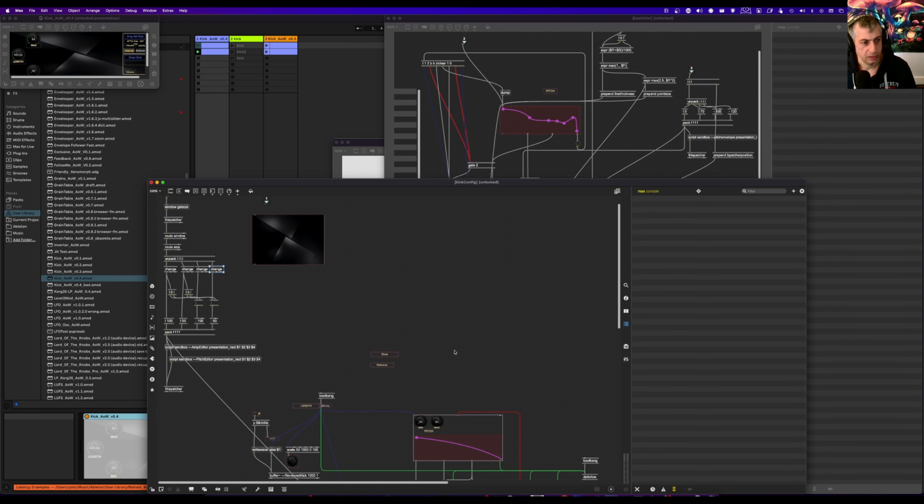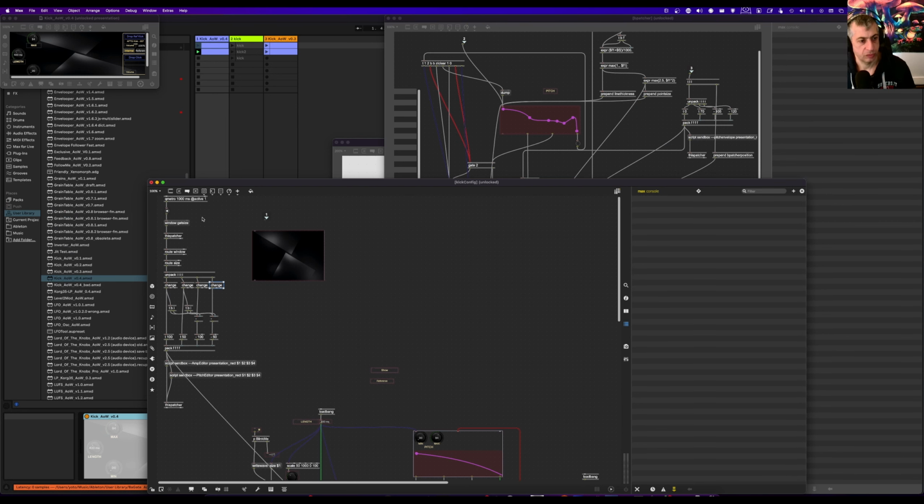That's a bit more elegant, even though I still have this Q metro, which I'm not sure how to do better. Anyway,